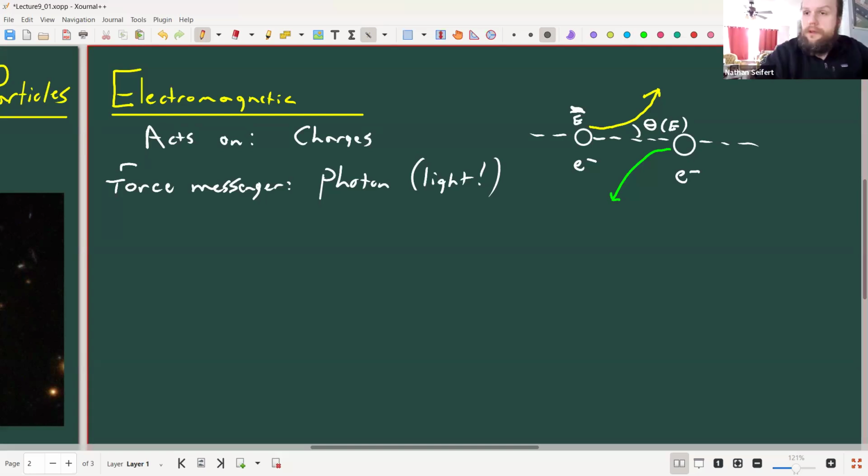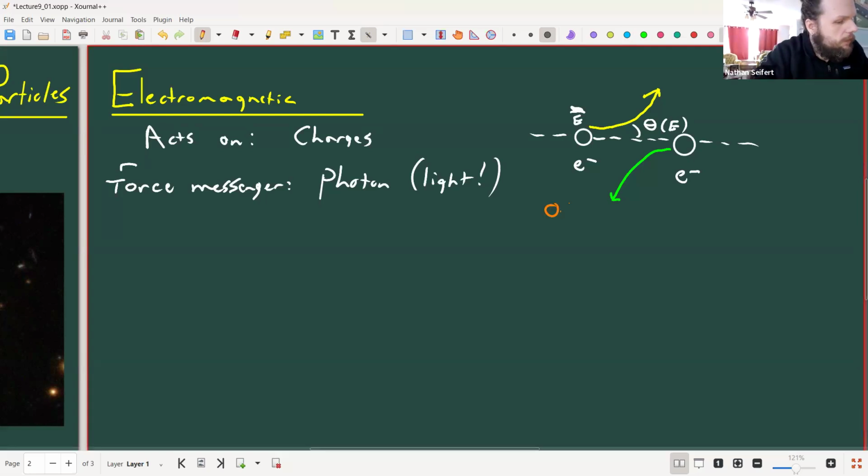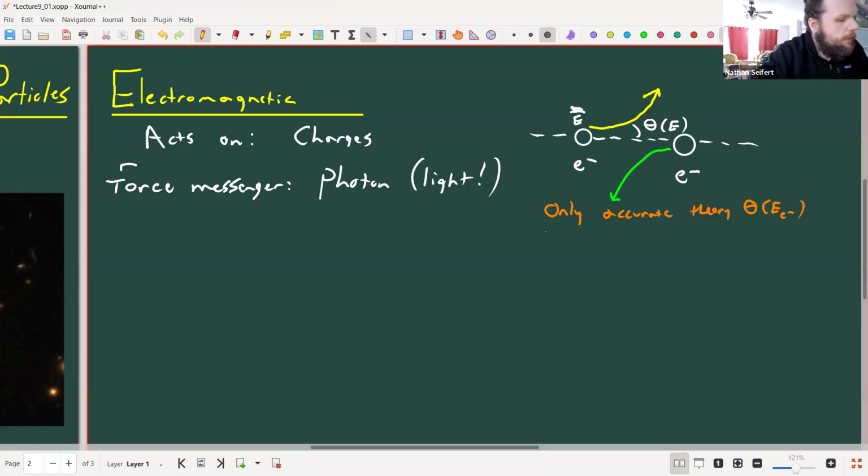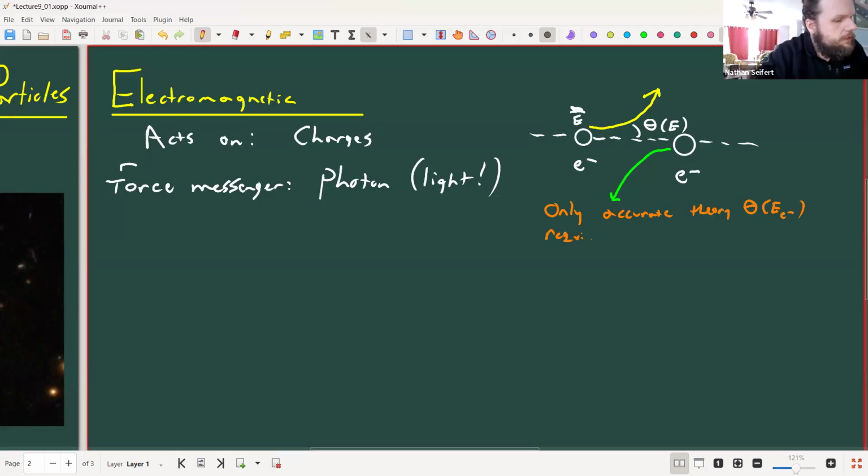You find out that the only accurate theory of theta, of the energy of the electron, requires that a photon be exchanged